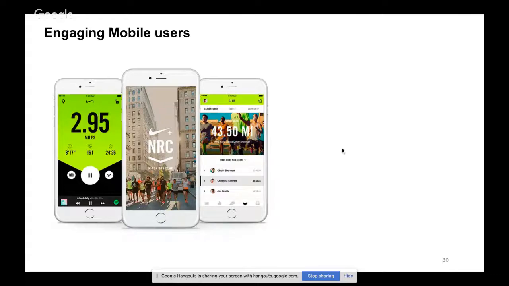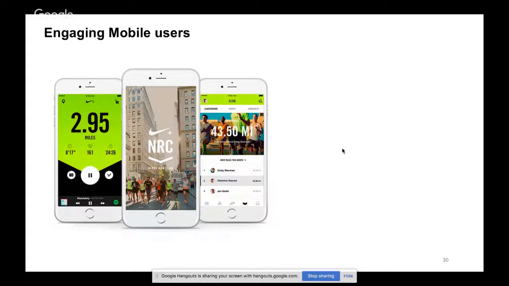As you can tell, this is an app that is mainly focusing on improving the engagement with the customers. Okay, and the Nike Plus has been a very successful app